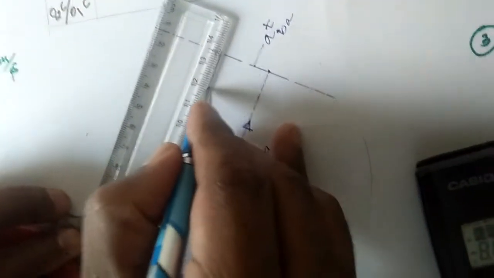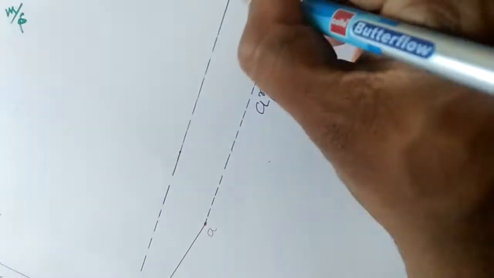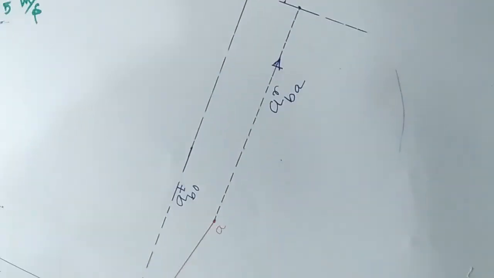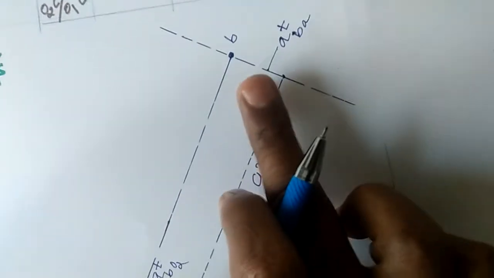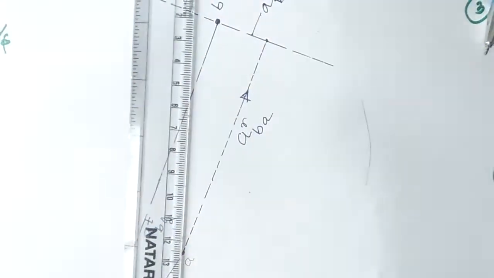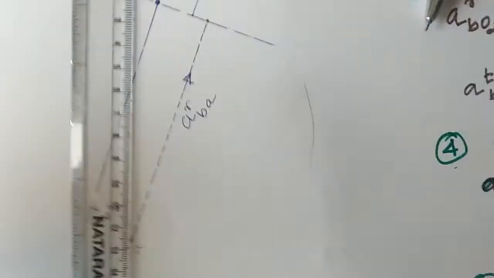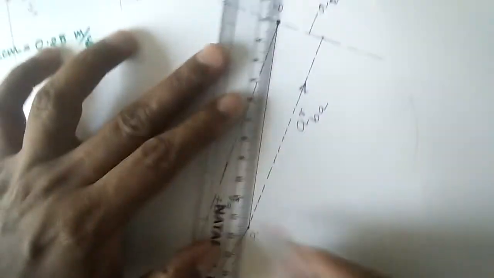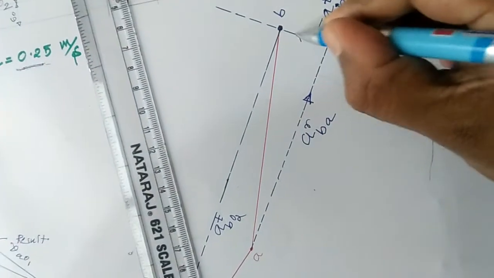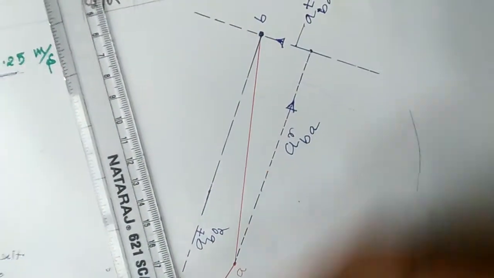Now, the intersection of the tangential lines of action. This is the tangential of BO2. Can you find it? This becomes point B. Then you have to join it. This becomes the total acceleration. Whatever red line I have drawn, this is the total acceleration. If you are marking it this way, it comes this way.